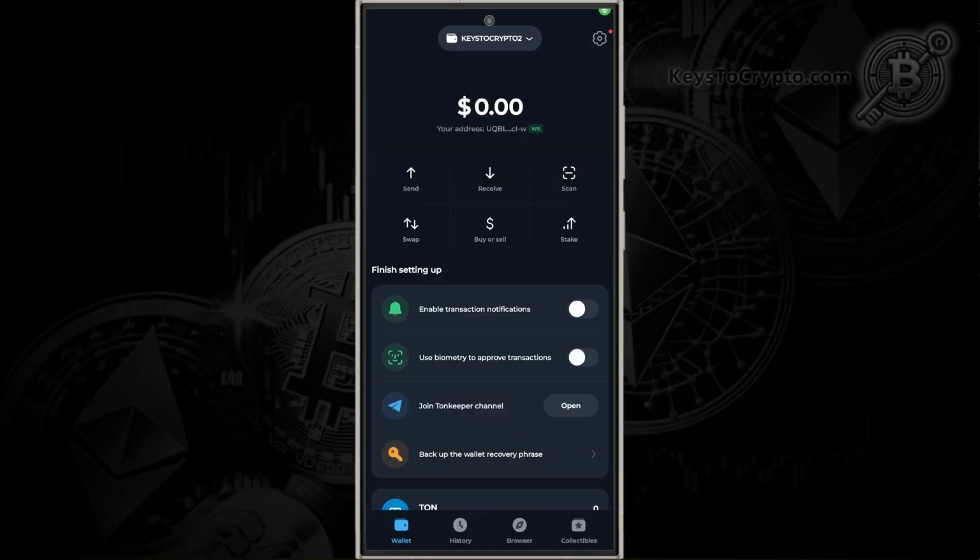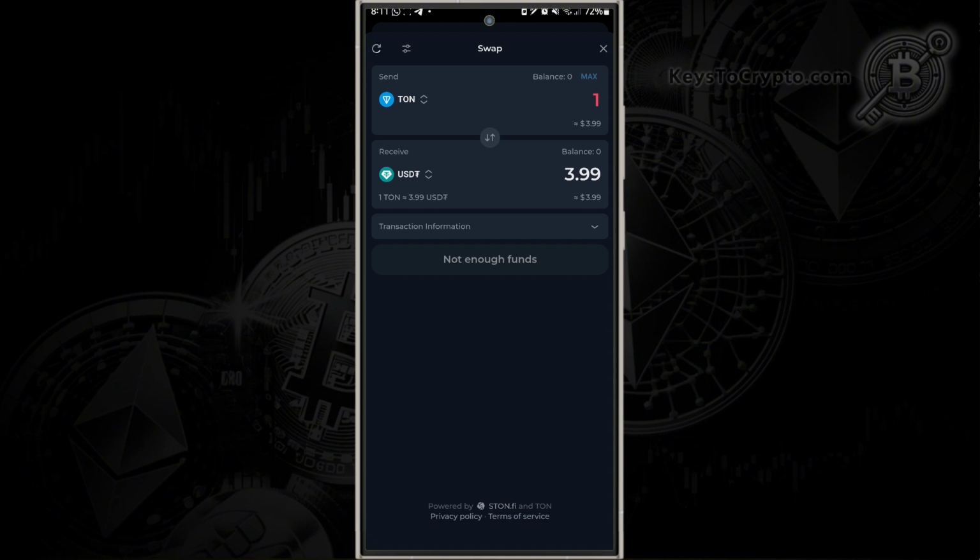So first thing you got to do is open up and log into your TonKeeper wallet. After you've logged into your TonKeeper wallet, you're going to see a page that looks like this. And we're going to look for swap and tap on it. Once you're in the swap page, we're going to go right over here to send, and we're going to tap